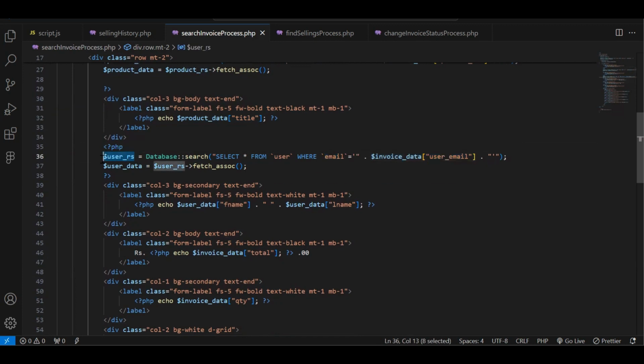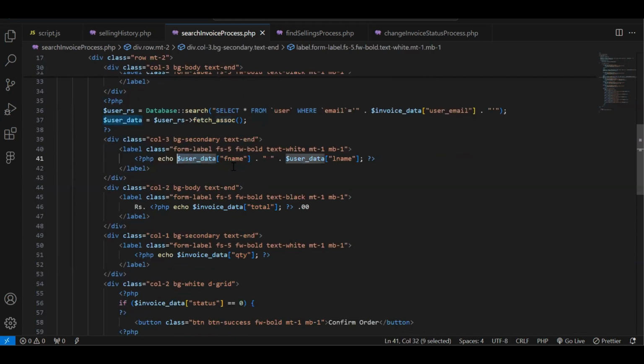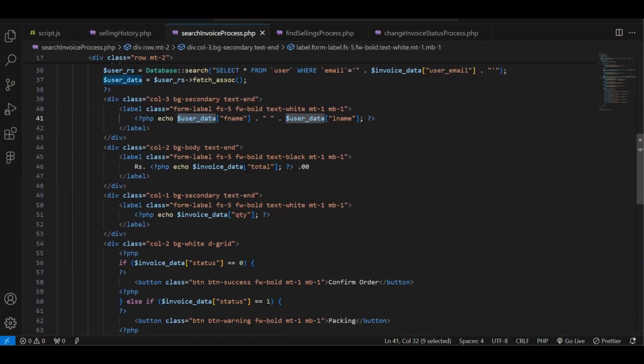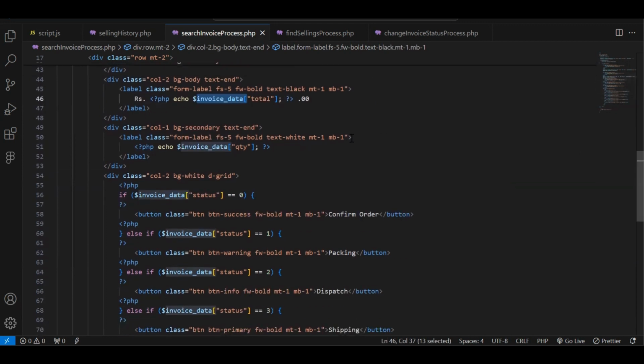we get back from the database in a variable called user results set, and after that through the fetch assoc I have obtained the relevant information stored in this user results set variable and stored that in a variable called user data. And then I have echoed the first name and the last name that's stored in this user data variable as the name of the customer, and then I have echoed the total that's stored in this invoice data as the total amount, and also I have echoed the quantity that's stored in this invoice data, and also here